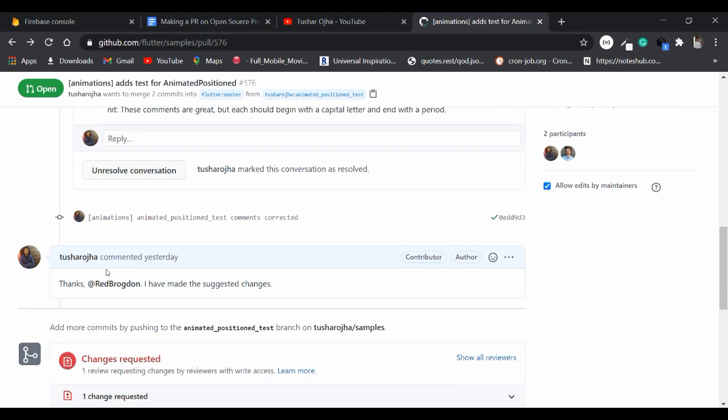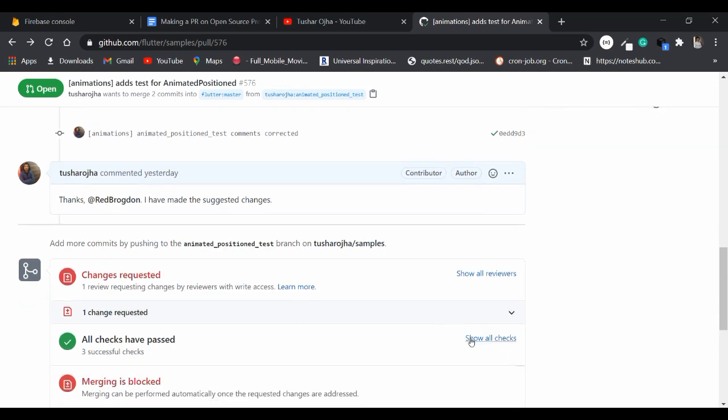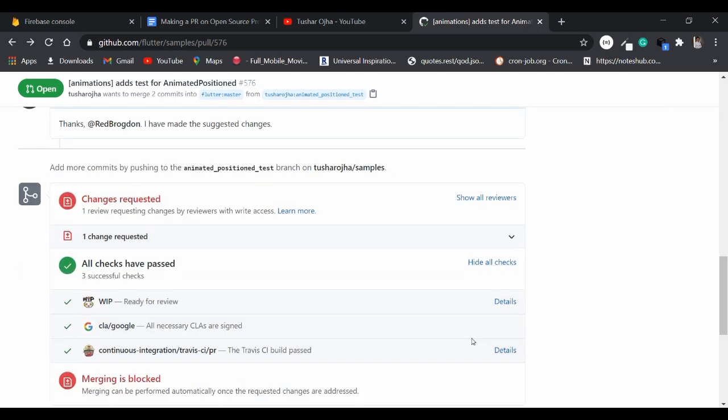After this, like I said, I have made the necessary changes required, so now you can just review it again. If you contribute to big projects, there will also be checks on whether you have formatted the files correctly, because not all the time would the reviewer or the maintainer go and check that. So there are bots and checks which automatically verify that you have formatted the files. This includes Travis CI and a lot of other things. You also have to sign the CLAs. So that's how it works.